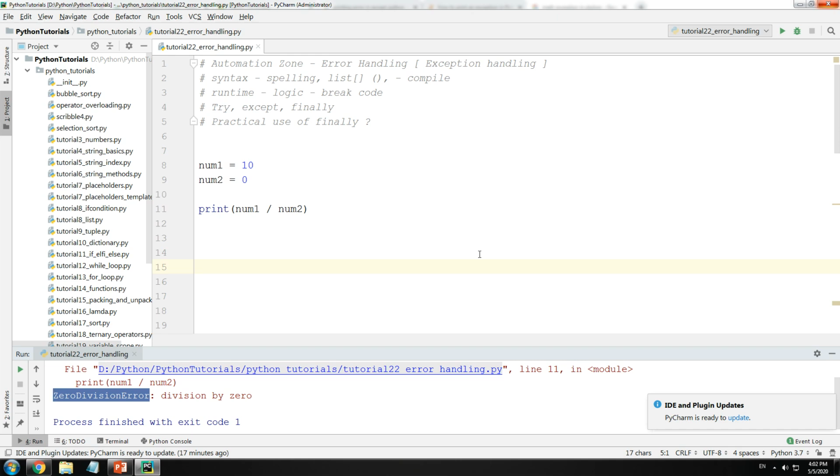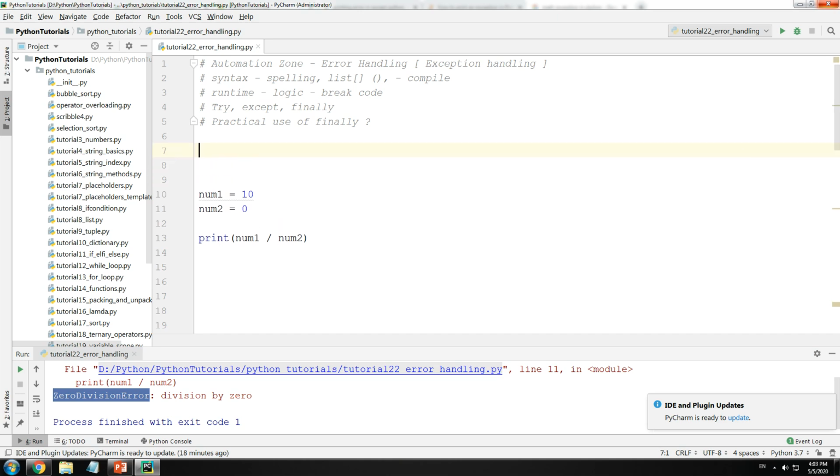Especially for non-programmers. Given that we are writing code for non-programmers to run, we need to handle our exceptions such that they can understand. You have opened up an app in Windows or Android and it crashes and throws you a weird error which we do not understand until we Google, and then we find out the solution was pretty simple. We do not need that. We need to give proper errors to the users. How to do that? We can do that by using try, except, and finally blocks.